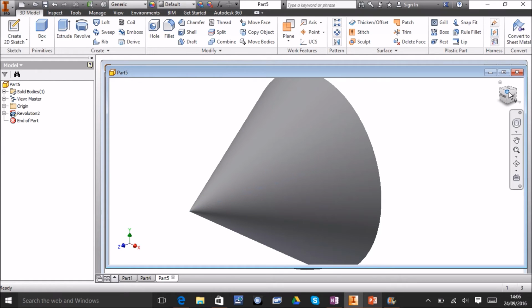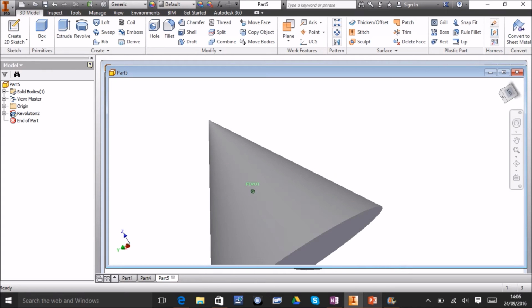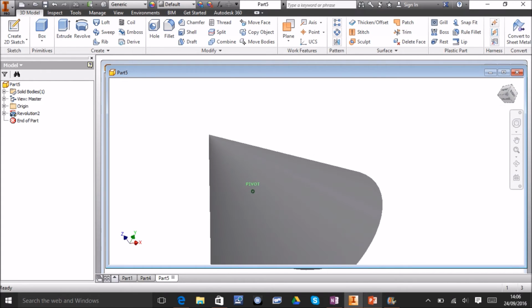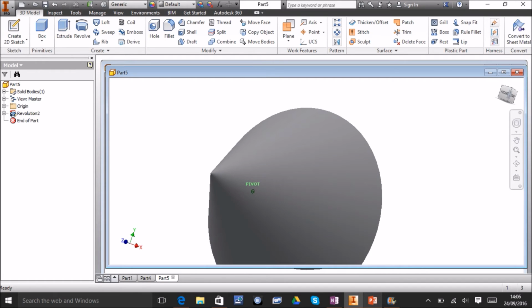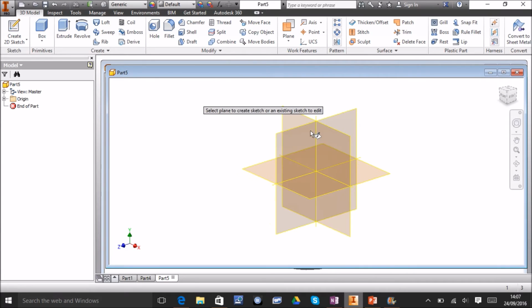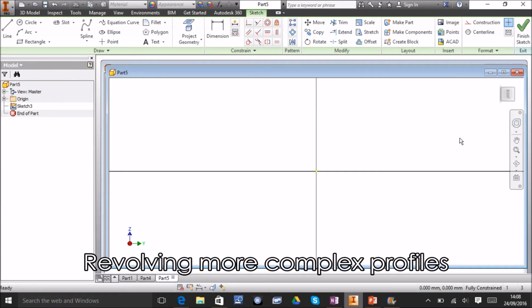Just like before, I could choose to use 180 degrees or a certain degree amount, but I want a full cone, so the full 360 degrees. And there's my cone. So that is one way of creating a conical shape using Revolve. And here's where Revolve starts to get quite useful if you wanted to do slightly more complex features